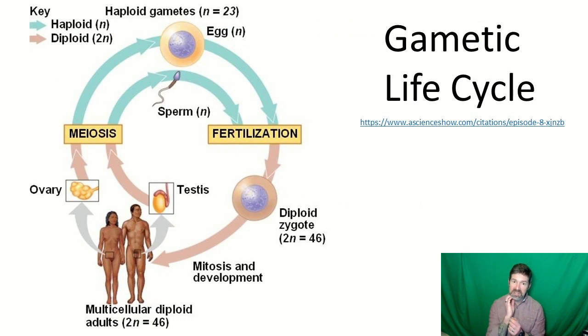And so what we want to consider is what is the life cycle that animals follow, and it's called the gametic life cycle, right? So the gametic life cycle is this idea that you have two diploid organisms that are going to mix their DNA, right? So right there, you beg the question for sexual reproduction, why do that? Wouldn't it be more advantageous for me to not have to rely on finding another organism to reproduce with? Wouldn't it be more advantageous that when I have enough resources just to pop out another me and perpetuate my DNA?